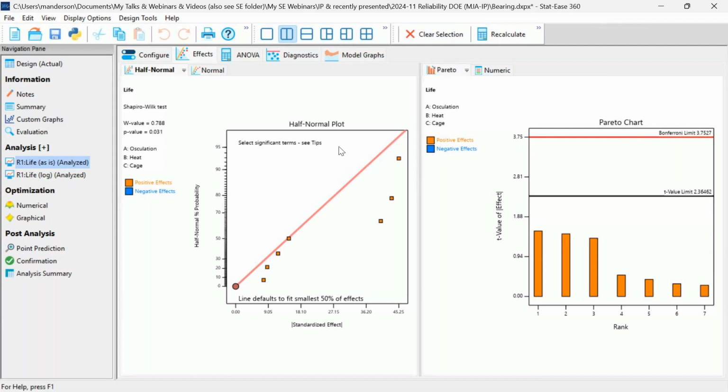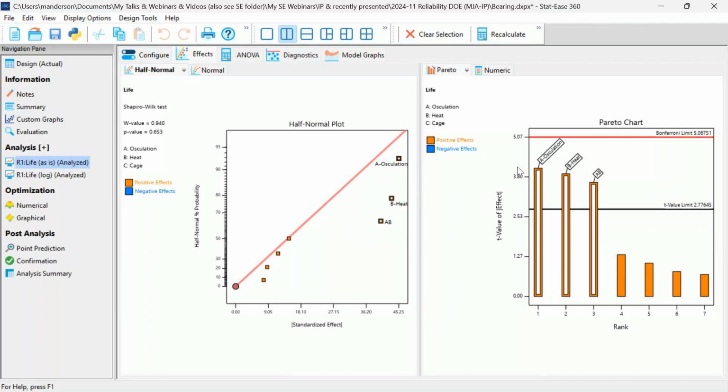And we could pick these one at a time, but with these orthogonal designs, they're not going to shift around. We can independently estimate each of the effects. So I normally just drag over and lasso the puppies over here to the right. And then immediately we see on the Pareto chart that these are at least above the t-value limit, uncorrected for pairwise testing at p of less than 0.05. Now they're not going above this Bonferroni limit, which is a more rigorous level, but normally I would pick effects that do go above the black line and not pick the effects that are below the black line, but rather put those into the error pool.